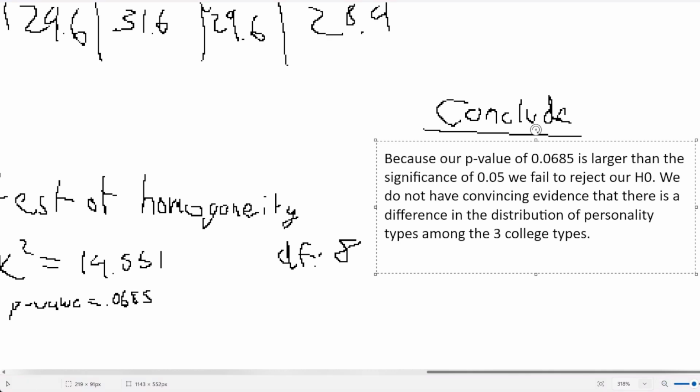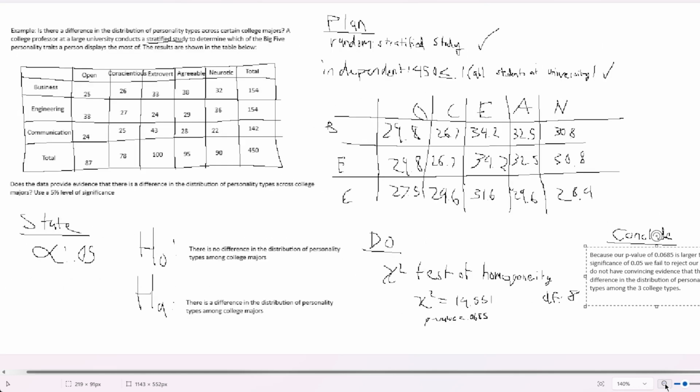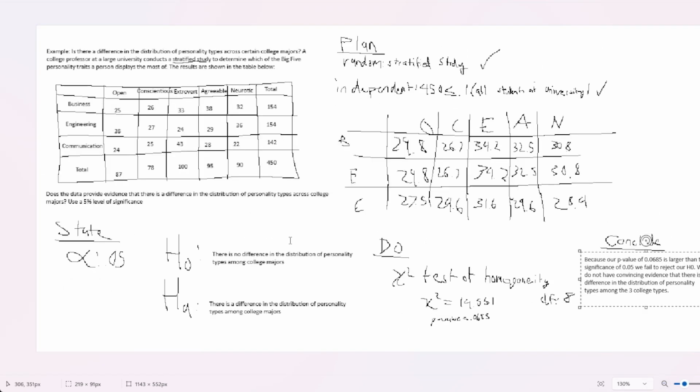That concludes our example problem. Here's the full thing. As you can see, I've completed the entire example, from our state, to our plan, to our do, to our conclude. We have everything. So this is